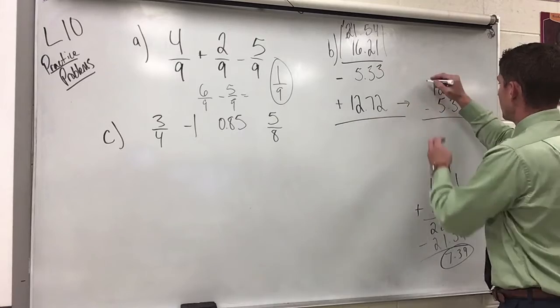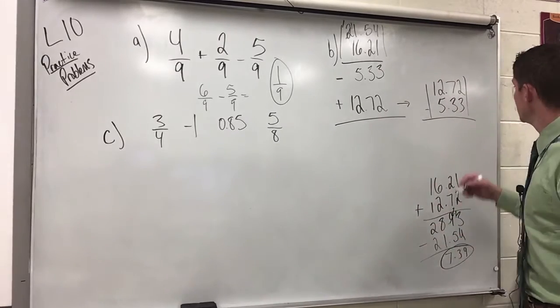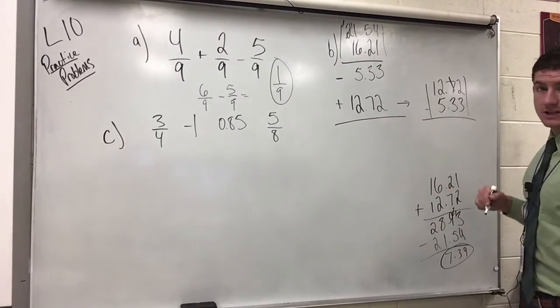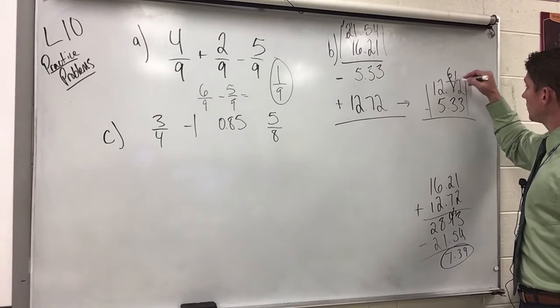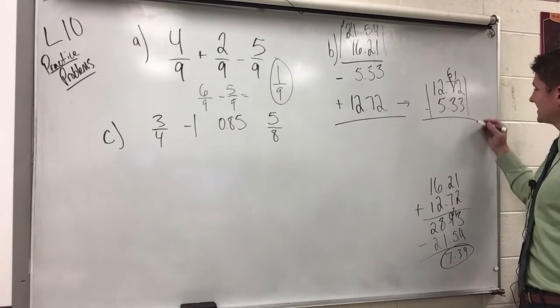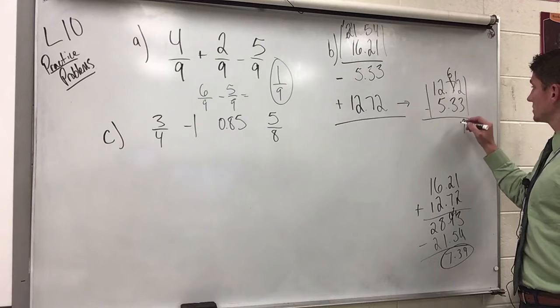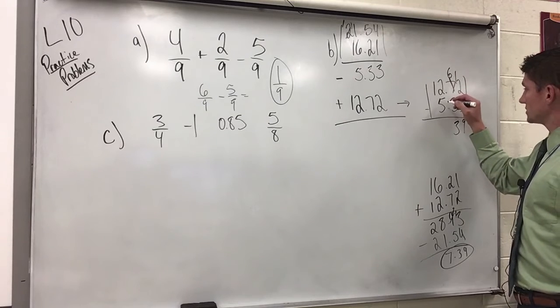So these are written in absolute value form to then subtract. 2 and 3 can't do. I'm going to take the 7, turn that into a 6, borrow, turn that into 12. 12 minus 3 is 9. 6 minus 3 is 3. 12 minus 5